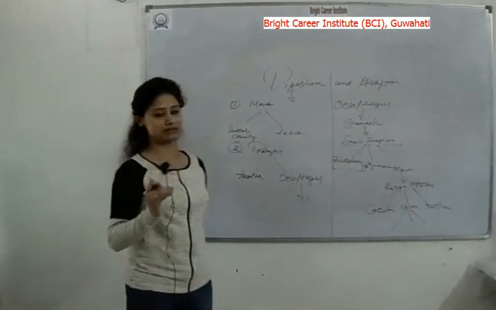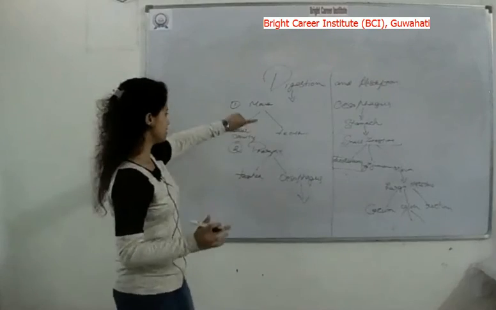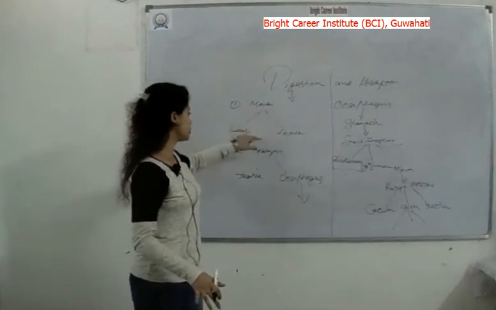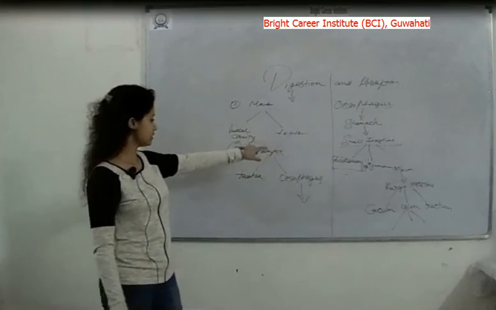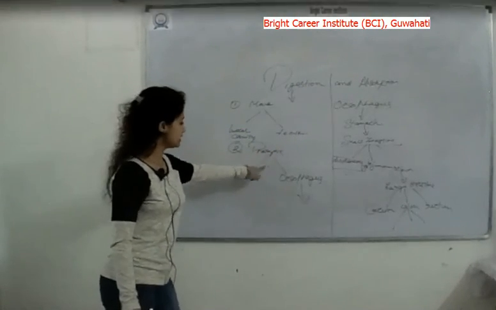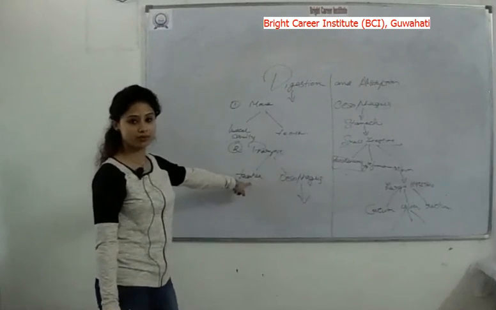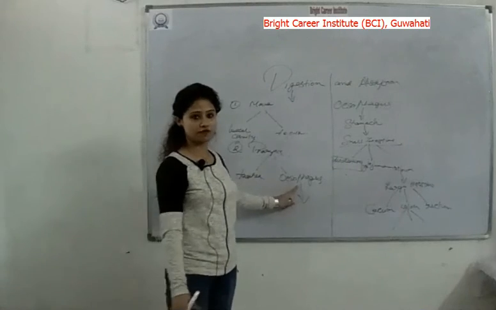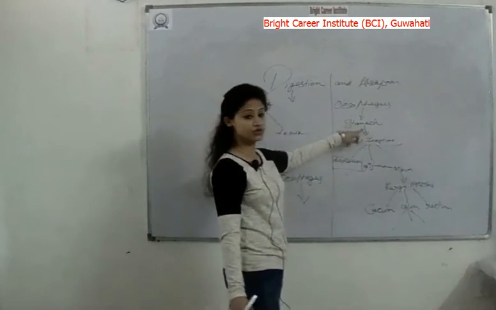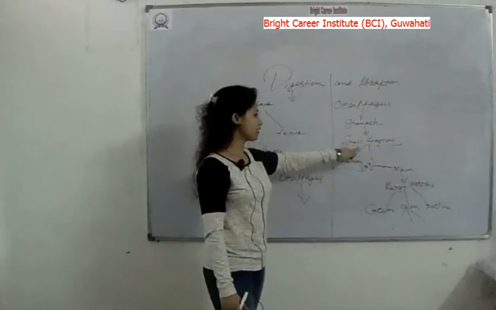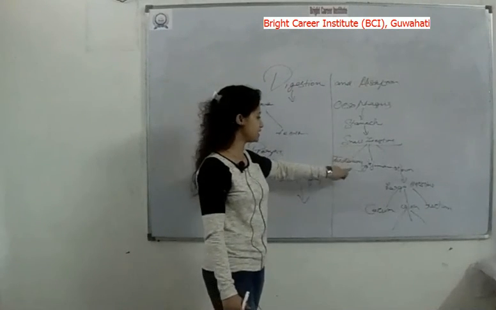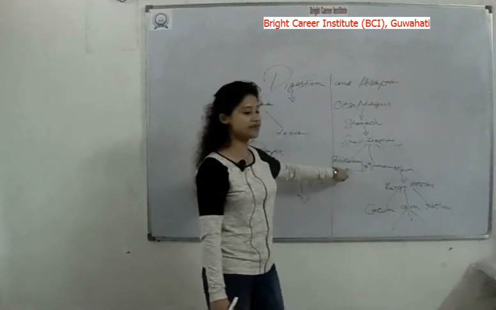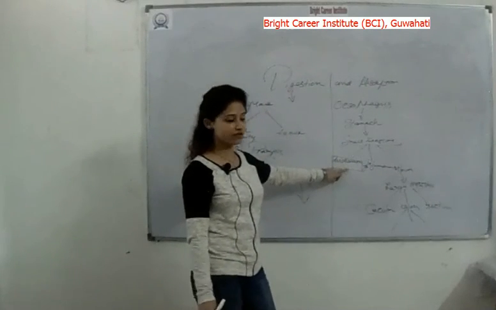So this is the complete process of digestion. This complete event takes place in the alimentary canal, starting from the mouth, inside the mouth, buccal cavity and teeth. Then we have the pharynx, which is again divided into two parts, one for the passage of air, one for the passage of food. Esophagus is for the passage of food. After this we have the stomach, the storehouse of the food. Then we have the small intestine, divided into three parts: duodenum, jejunum and ileum. Duodenum breaks down the complex molecules into simpler forms.